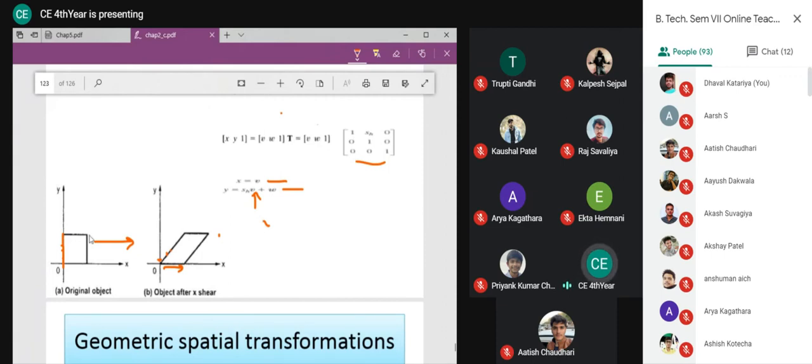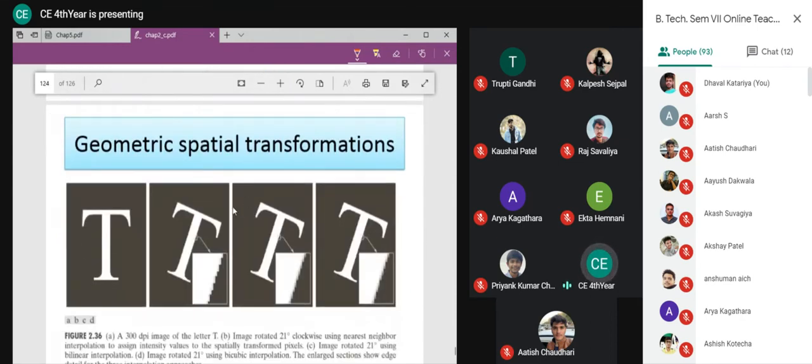In this case also, if I shear, it is possible that I will have some void in my image, some pixels not filled with any value. So we have to fill them, we have to interpolate them. For the interpolation, we can use any method. We have studied three methods: nearest neighbor, bilinear, and bicubic. Here some void is shown, and that void is filled with the nearest neighbor method. This is filled with the bilinear method, and the next one is filled with the bicubic method.